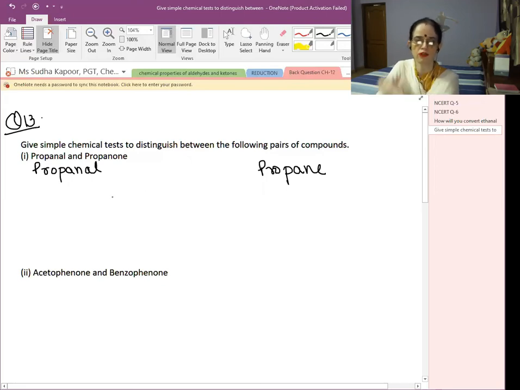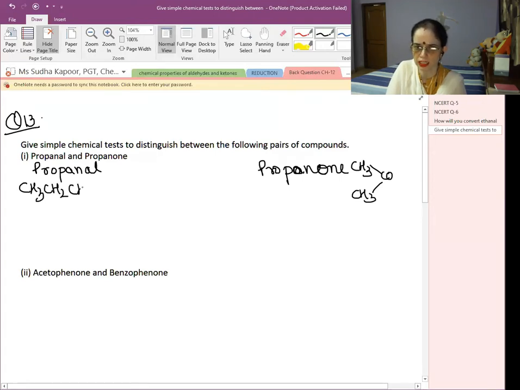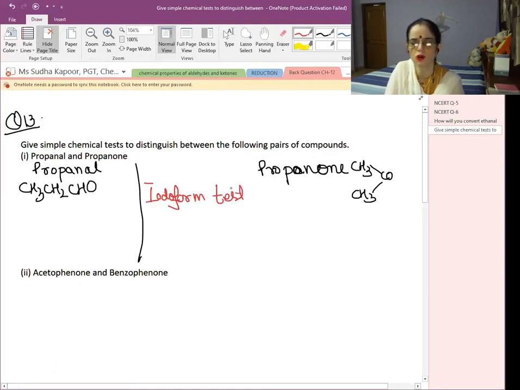So when we are supposed to give the difference between propanal and propanone, that is, one is the aldehyde and the other is the ketone, we can use a very simple test here. Writing the propanone is CH3COCH3. So it is a methyl ketone. Many other tests can also be used. While in case of propanal, it is not a methyl ketone or methyl aldehyde. So a very simple test that can be given by propanone and not by propanal is the iodoform test. We can also use Tollens or Fehling's, which will be given by propanal and not by propanone.